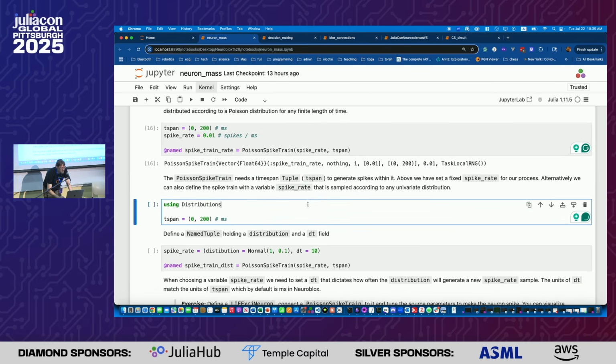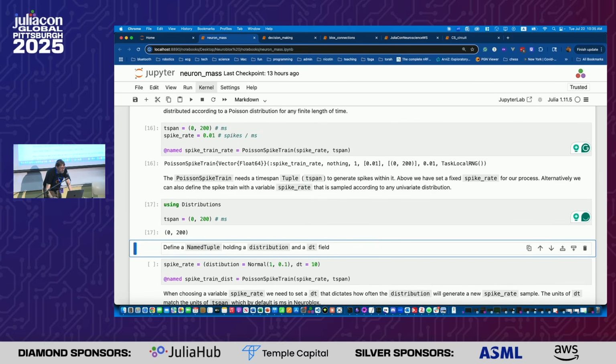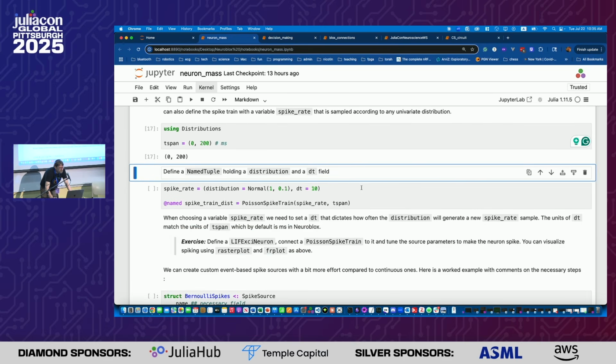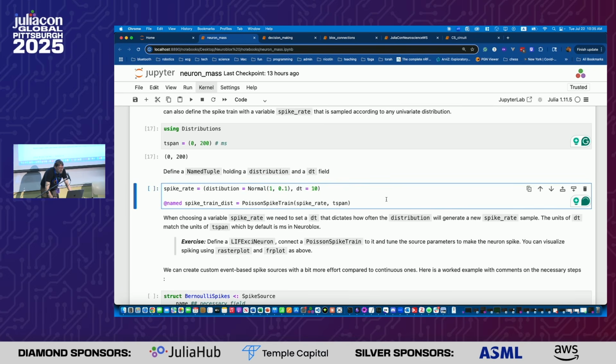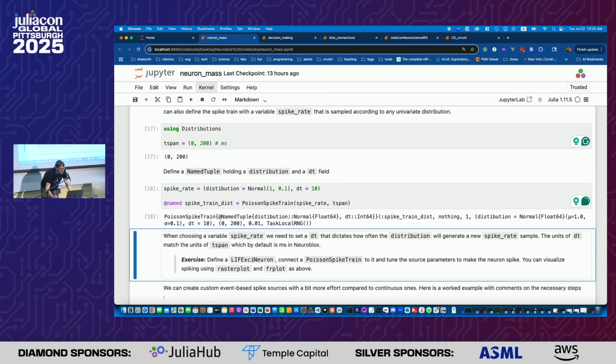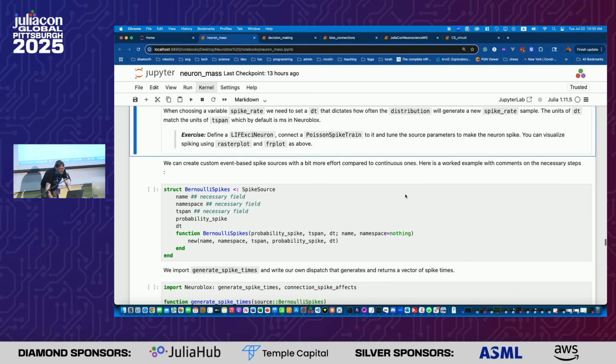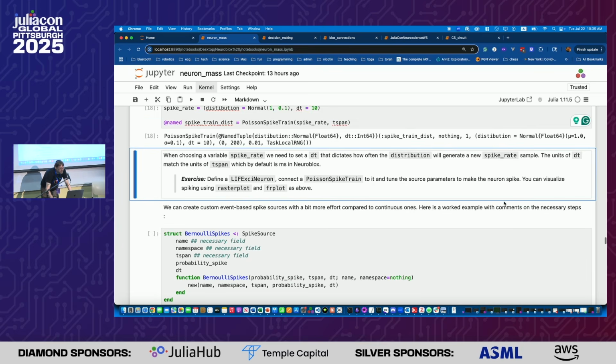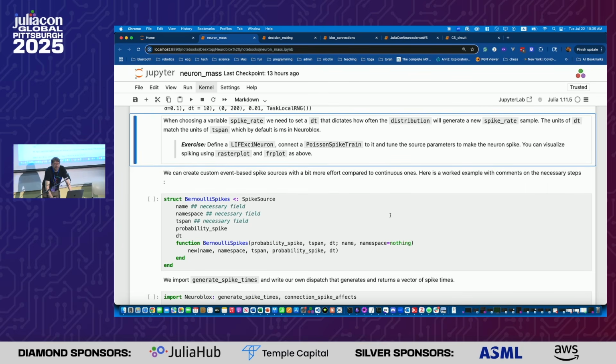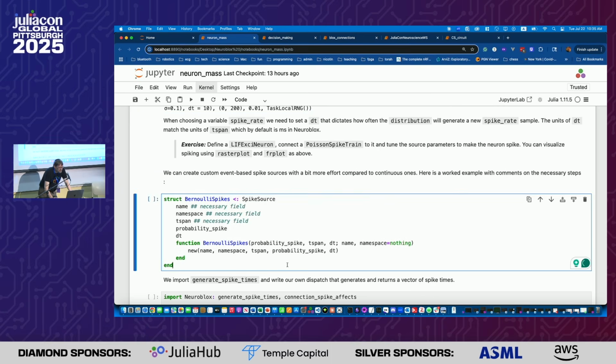So for this we use Distributions. Distributions is a package in Julia that covers pretty much all probability distributions. So Poisson distribution, for example. And all we have to do is essentially create one of those spike trains. And then we can also come up with a custom spike train. So, for example, we can create Bernoulli spikes, which essentially is